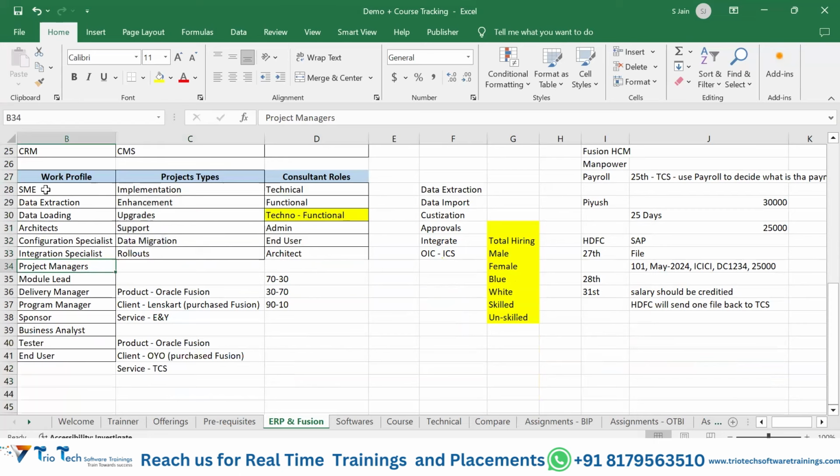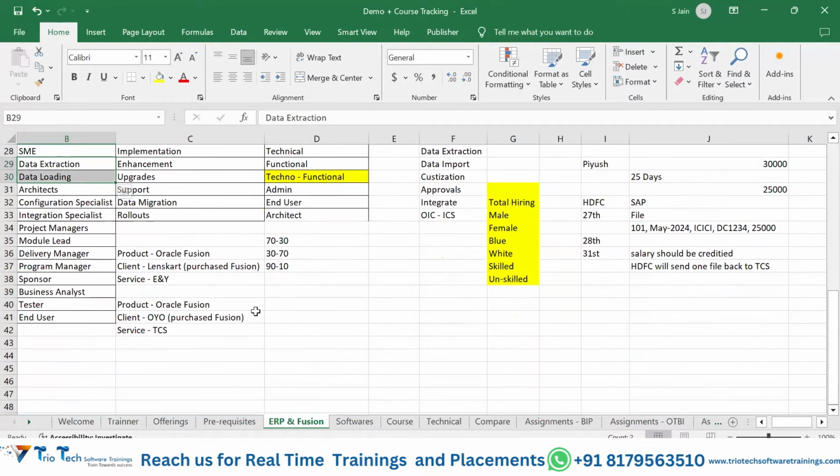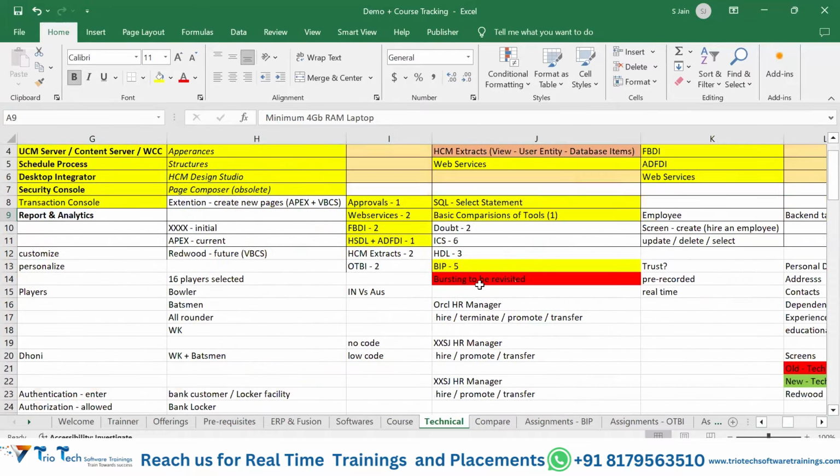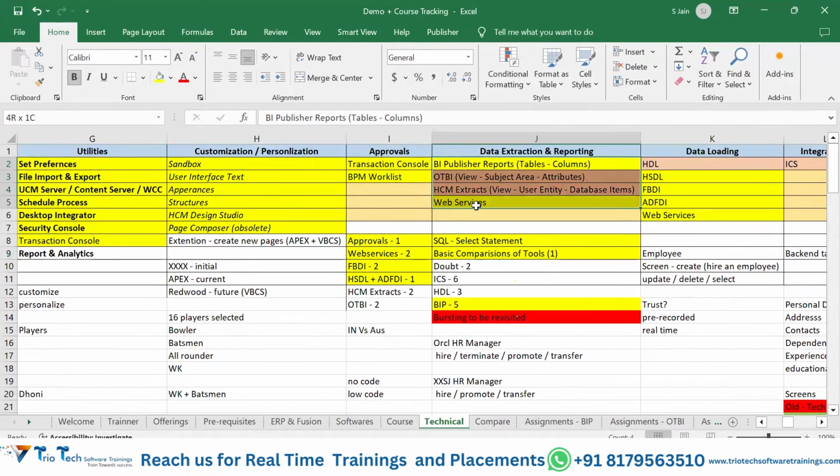If you are more skilled or experienced, you may be working as a subject matter expert. You may be working as an end user, where you will be using an application to perform end-to-end transactions from the front end. You may be working on data extraction and loading. As we learn different sorts of tools and techniques, each of these technical areas also has different tools available. We will be learning all, but you will be specialized in one or two or three